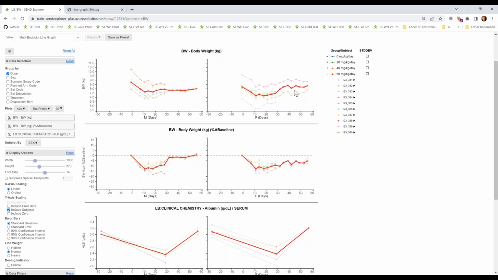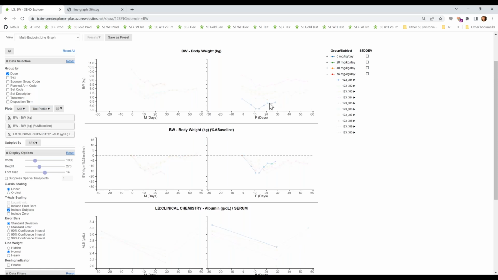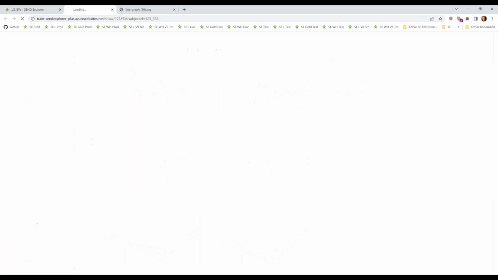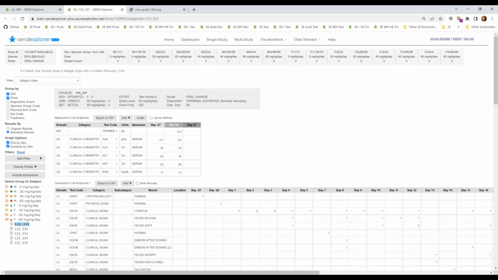By default, I'm looking at the group mean and the individual subjects, but I can click the group mean. I can click it a second time to hide it completely, and now I'm just looking at individual subjects. If I mouse over any particular line, I can see that subject's data across all of the endpoints that I've selected. It also highlights in the legend, I can see that this is subject 331, and I can click on this little arrow here to drill down into what we call a subject view that allows me to see all